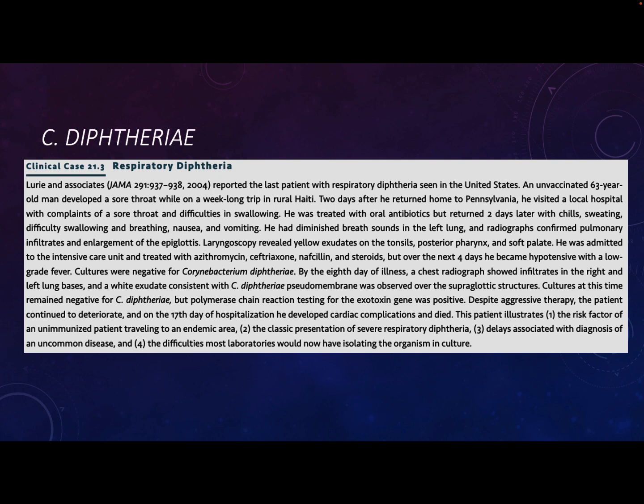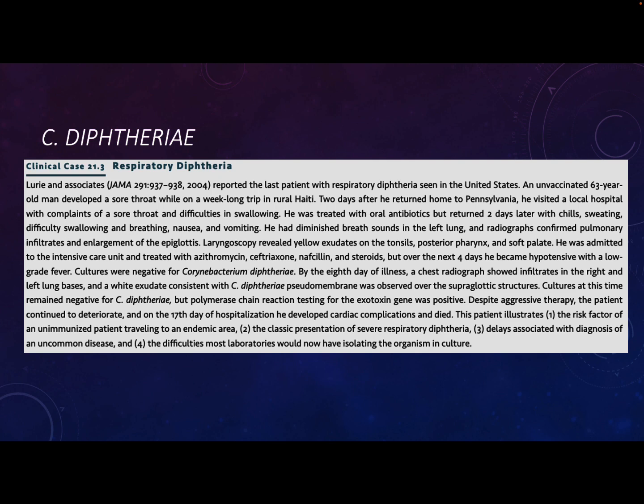2004, last patient, the numbers have changed, but that's okay. Last patient with respiratory diphtheria seen in the US, an unvaccinated 63-year-old man developed a sore throat while on a week-long trip in rural Haiti 2 days after he returned home to Pennsylvania. He visited a local hospital with complaints of a sore throat and difficulty swallowing. He was treated with oral antibiotics, but returned 2 days later with chills, sweating, difficulty swallowing and breathing, nausea, and